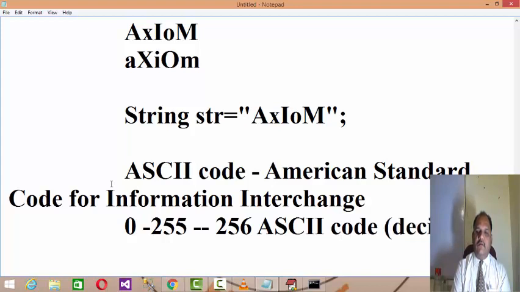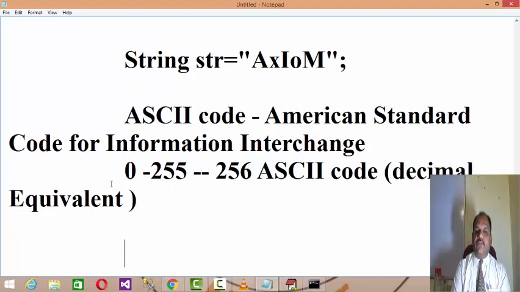ASCII codes means the decimal equivalent of a specific character. For example, if you enter capital A, then 65 is the ASCII code of capital A. So in internal memory, that A is represented in 0 and 1 format, meaning it will convert that 65 decimal to binary. As you know, your computer system is an electronic device, so everything internally has to be represented in the format of zeros and 1.